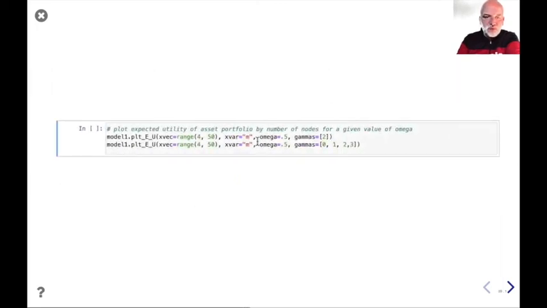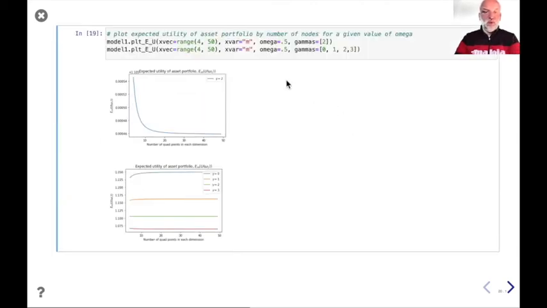So we move on and look at the objects of interest, the expected utility. Recall this is what the agent wants to maximize, right? It's not maximizing expected returns; it's maximizing the expected utility of returns. So it's like a nonlinear function of the value of the portfolio. So that's what we need. So what I'm doing here is plotting the expected utility function